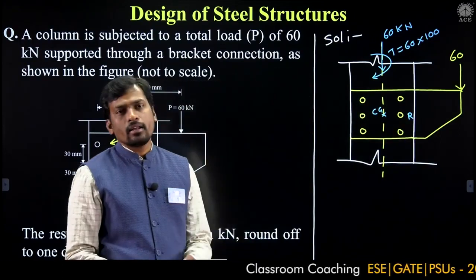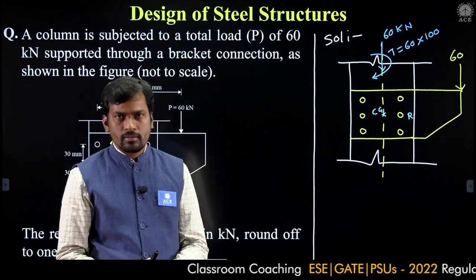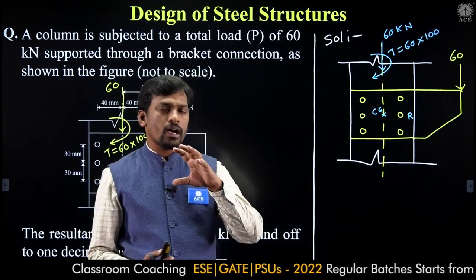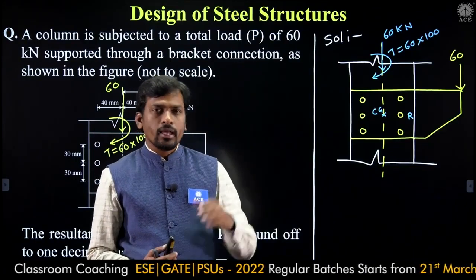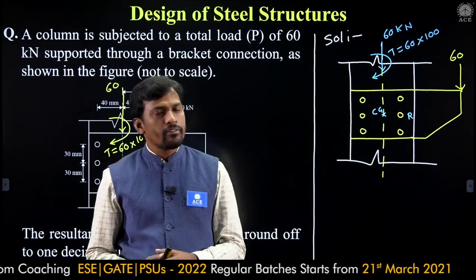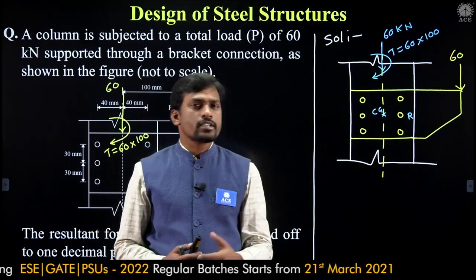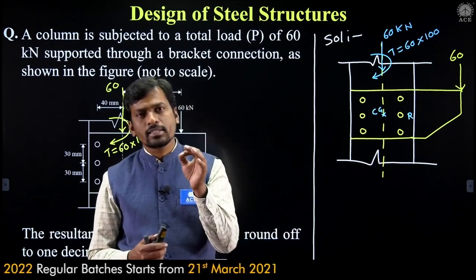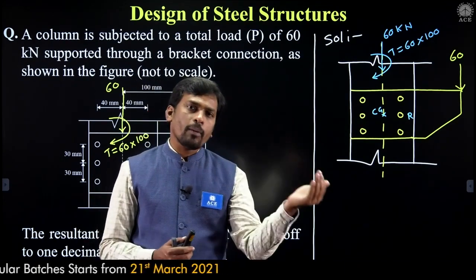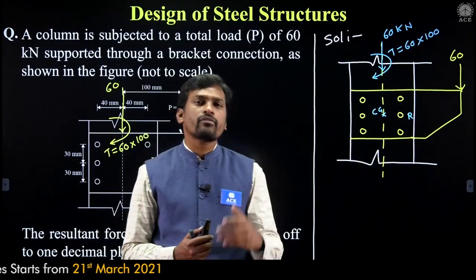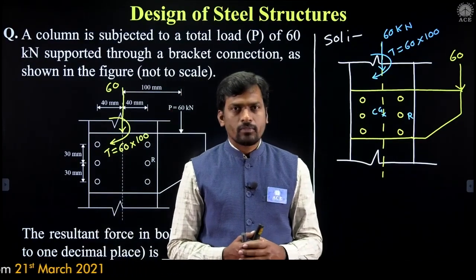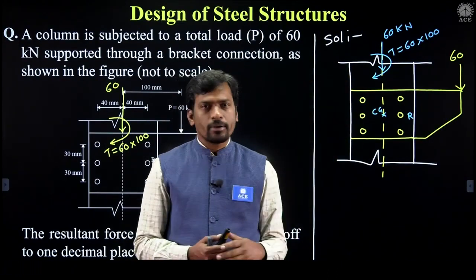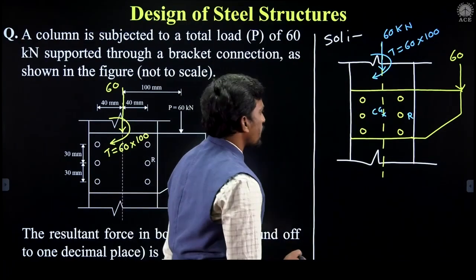Then mark these two forces only in bolt R. Then how to mark the direction of the two forces? In a few textbooks, they apply the forces in the direction of applied forces or resistive forces. Both will give the same answers. Either you can mark forces in the direction of applied forces or opposite to the applied forces. Opposite to the applied force is nothing but resistive force, and shear force is nothing but resistive force. So here I'll mark the opposite direction.